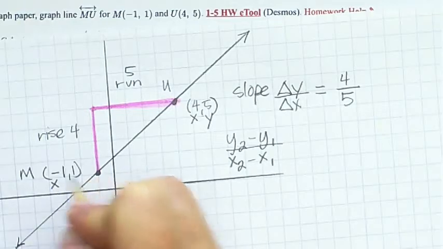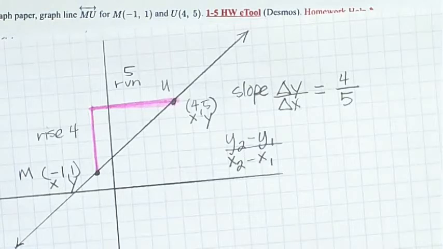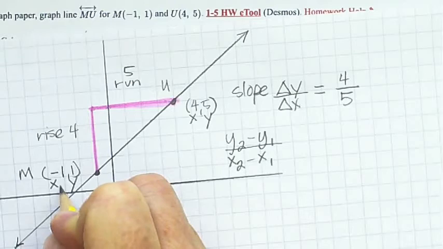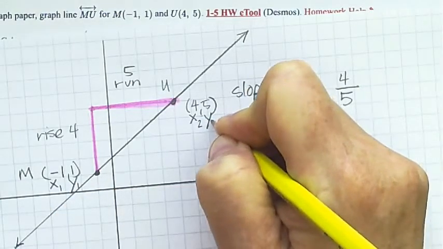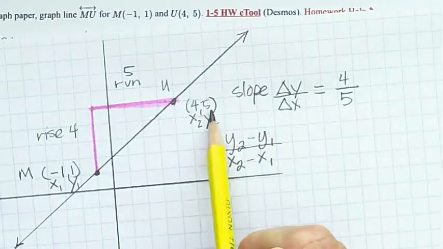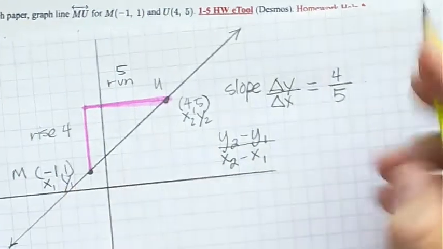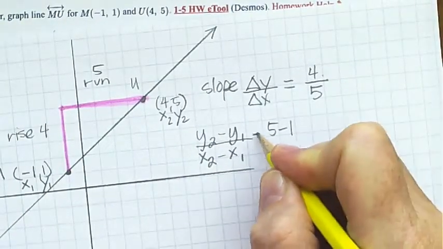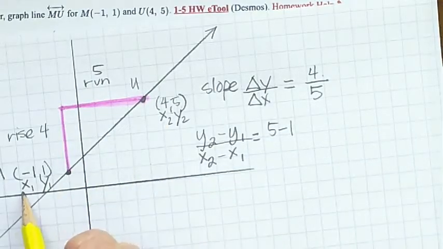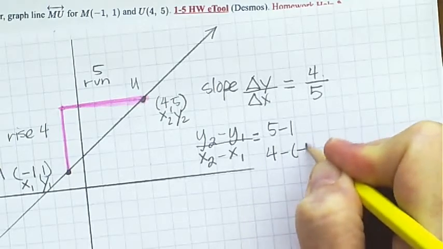It doesn't matter which one you make the first point and which the second. If I make this x sub 1, y sub 1, and this x sub 2, y sub 2, then y sub 2 minus y sub 1 would be 5 minus 1, which is 4. If I do x sub 2 minus x sub 1, I would have 4 minus negative 1,